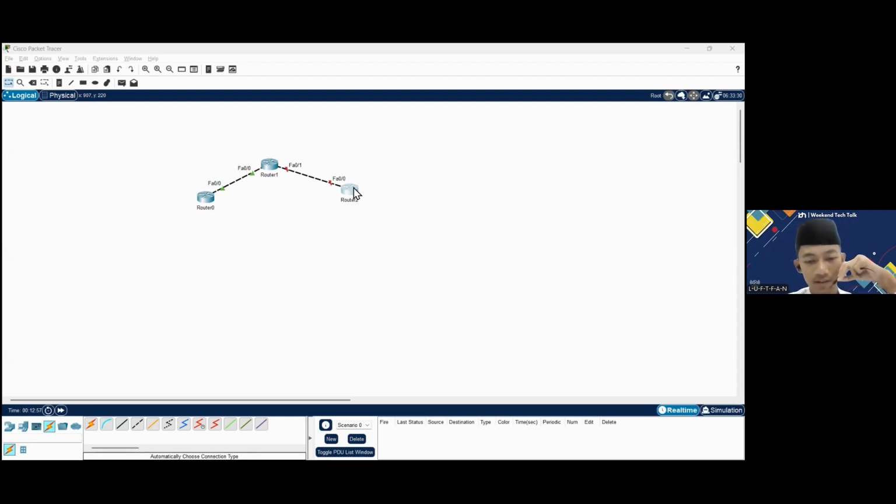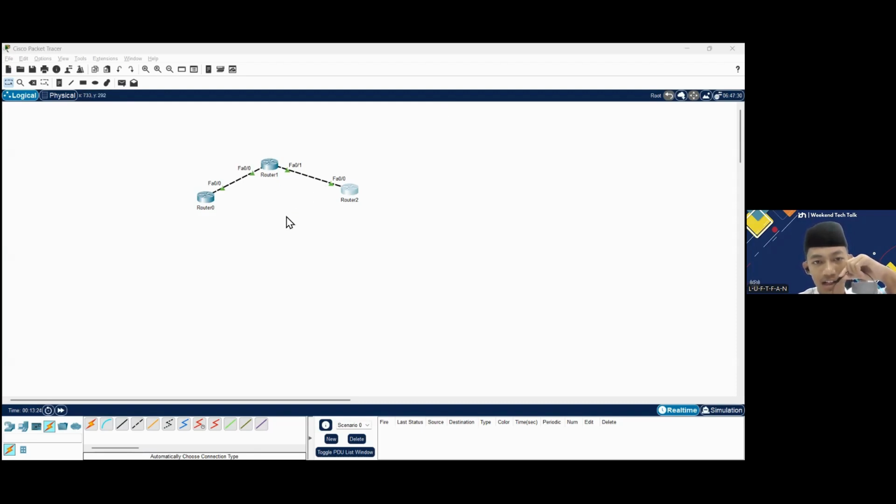Now the difference from router one is in the fourth octet of the IP address, which is changed from one to two, because I already said that an IP address cannot be the same in one LAN. Just enter, and now no shutdown to activate the configuration.